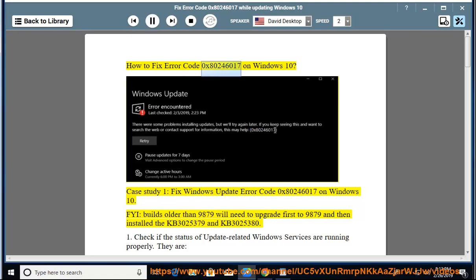How to fix error code 0x80246017 on Windows 10. Case Study 1: Fix Windows Update Error Code 0x80246017 on Windows 10. FYI, builds older than 9879 will need to upgrade first to 9879 and then install the